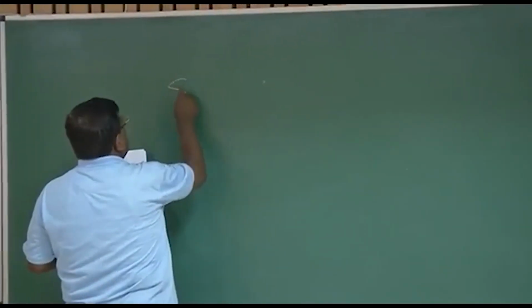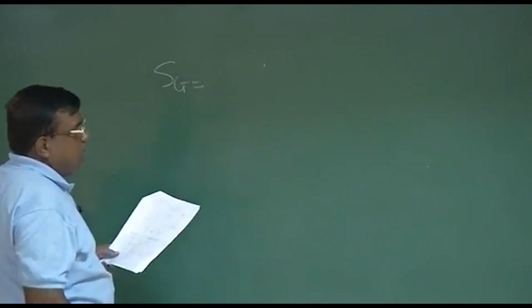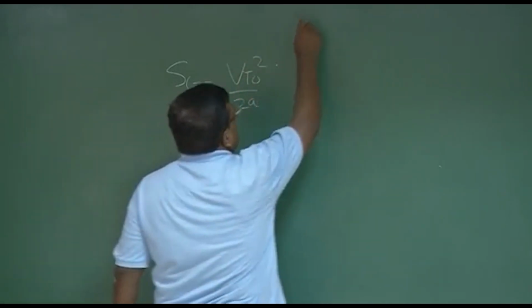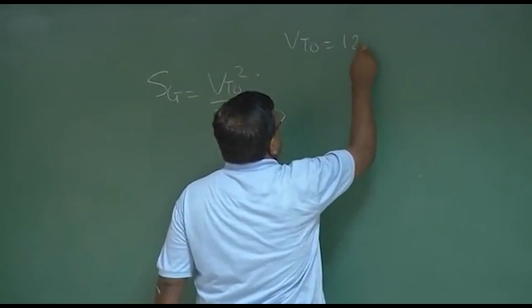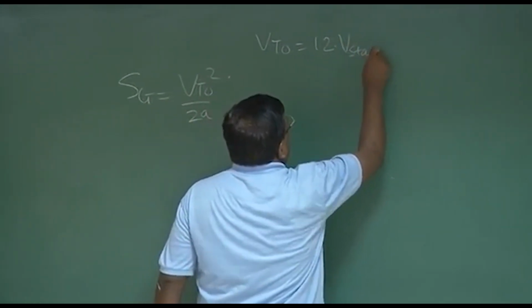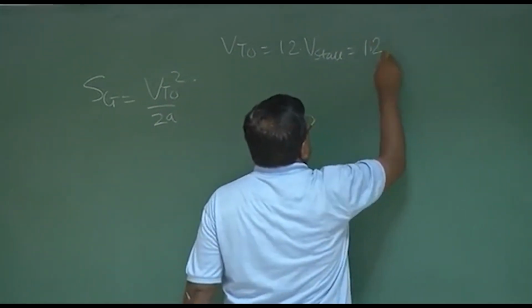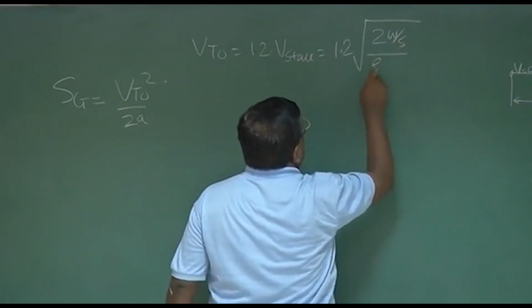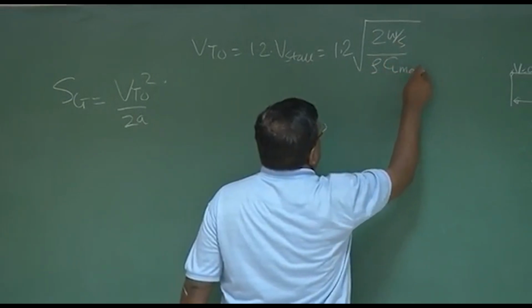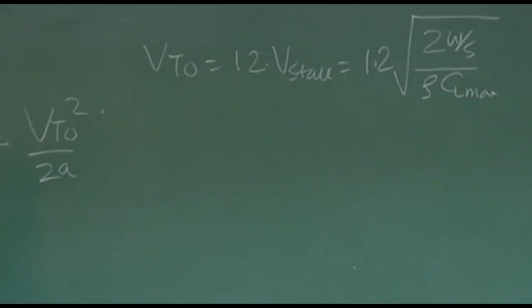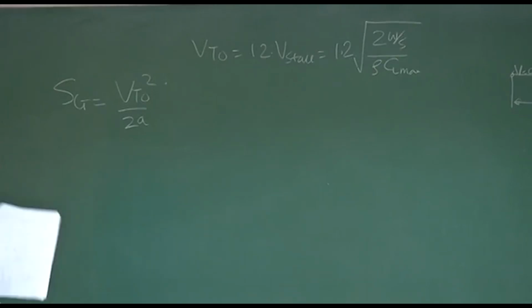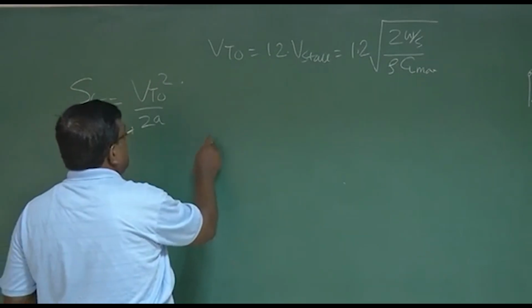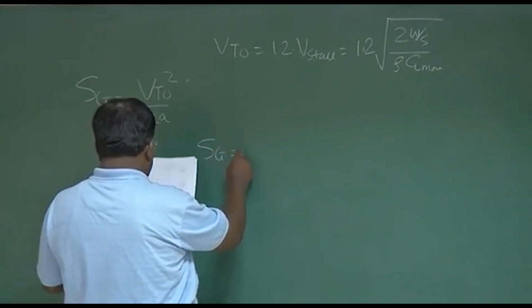Okay? So SG now, once I substitute V takeoff square by 2, and what was V takeoff? It was 1.2 times V stall. So this 1.2 times V stall was 2 W by S rho CL max. So if I now put it here, what will happen? I'll just get an expression SG equal to, let me write the expression,